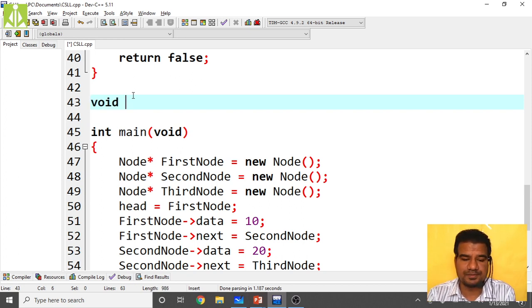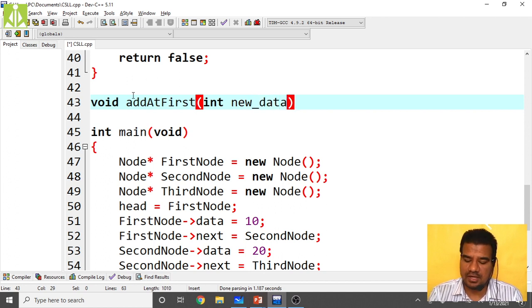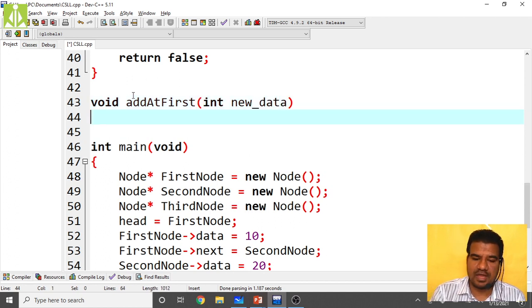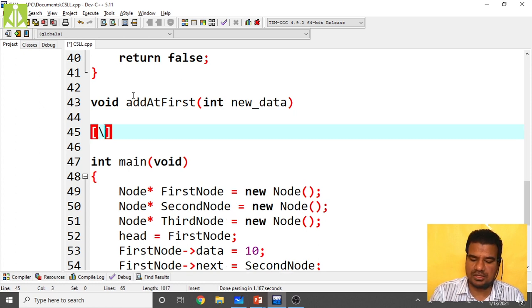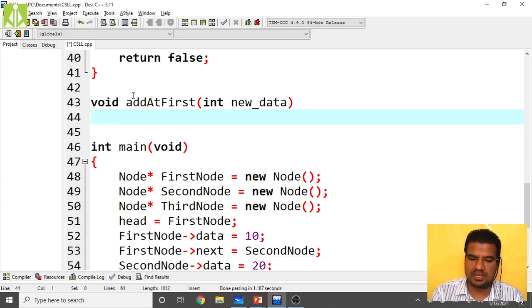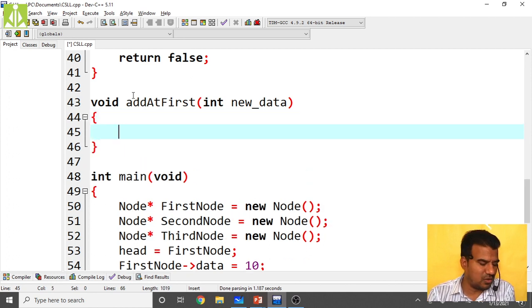So void add at first. What do we have to pass? We have to pass the data value, new underscore data. Initially, sorry, again it's my mistake, instead of shift, I pressed enter. Okay, over here, first you create the new node.